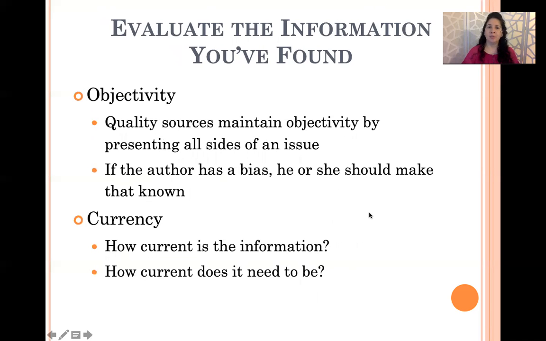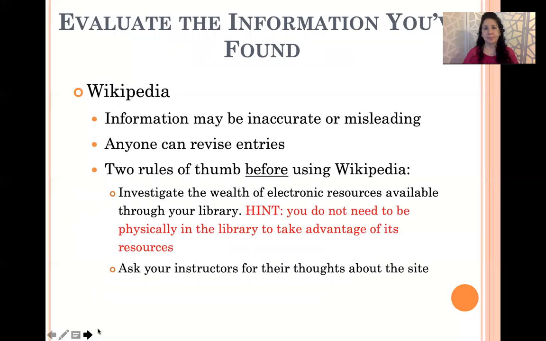Objectivity, so quality, is it something that you can really see objectively on all sides of the argument or the case, right? If the author has tunnel vision, which may mean is bias, right? Then we need to be aware of that, because all of us have to be open to two sides of every story. Is it current? If you're looking to write something and you find an article that's 30 years old, more than likely we've had more current information on your topic, and your instructor is not going to be happy that you're citing sources that are 30 years old unless that's the only source that has information about that topic.